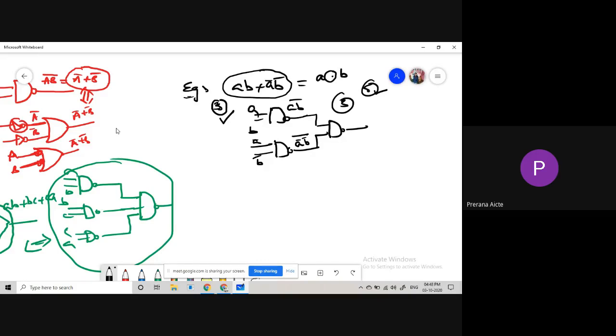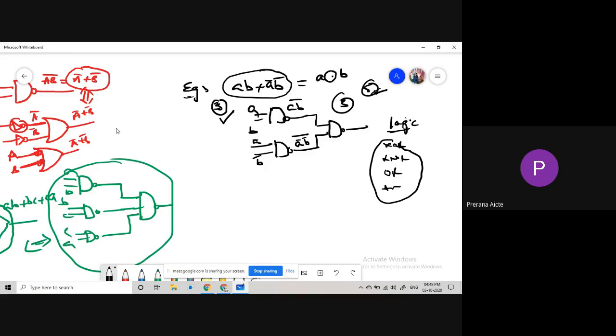Whenever the question is like this, for the following function, how many NAND gates are required, in the sense of 5 gates. For the following logic gate, how many NAND gates are required? If the logic gate is XOR, XNOR, OR or AND, then we are using that theoretical approach, okay?